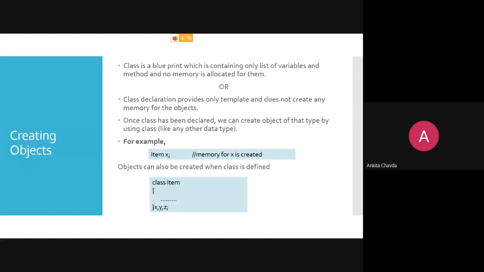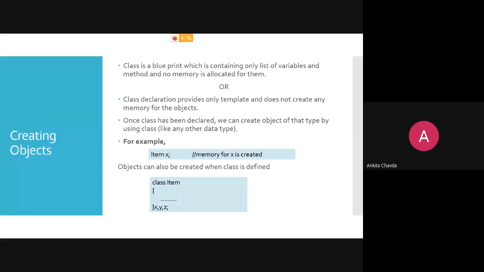So when will the memory be occupied? Whenever you are creating the object, at that time only the memory will be occupied. Once the class has been declared, we can create an object of that type by using the class. It is just like another data type.